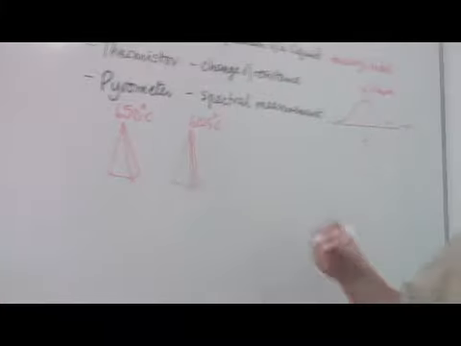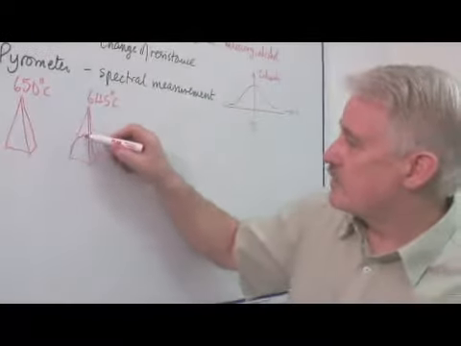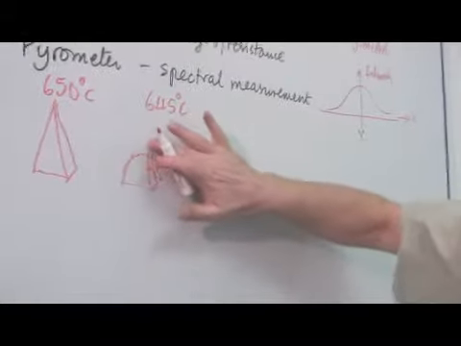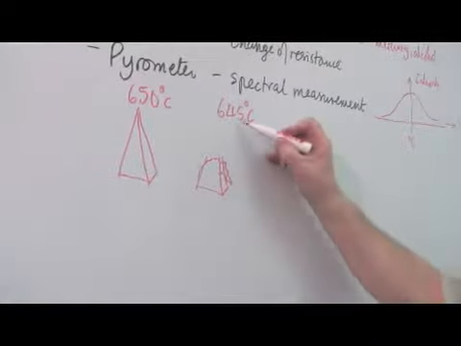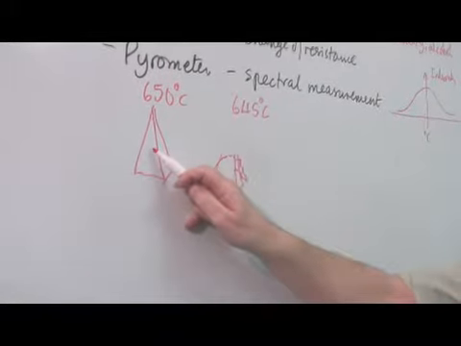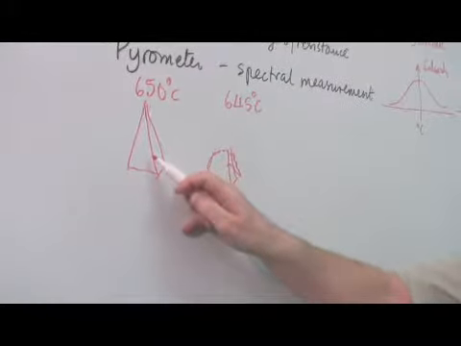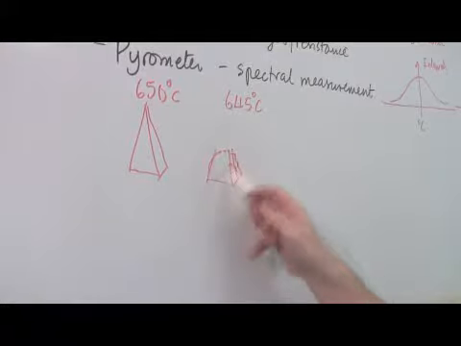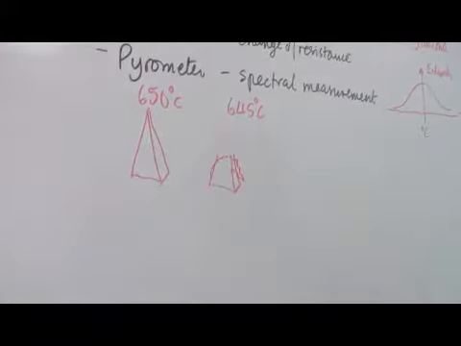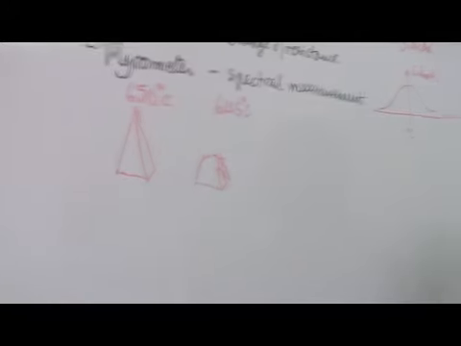And as soon as this one goes like that into a heap, then he knows it is more than 645, and as long as this one is still standing, it's less than 650. And this enables him to get an approximation of the temperature of the furnace, of the kiln, for example,